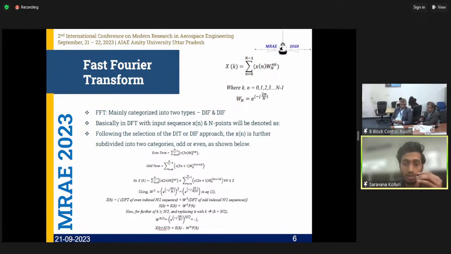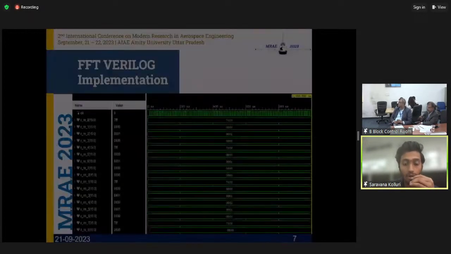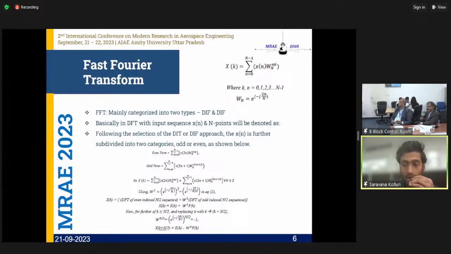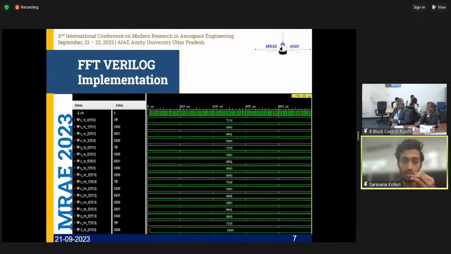Moving forward, based on this, I have implemented an algorithm using the same formulas for my own process. I have used a flow chart for implementing a Verilog algorithm. These are the results of my implementation, where I'm taking 8-bit real and 8-bit imaginary data for my FFT as